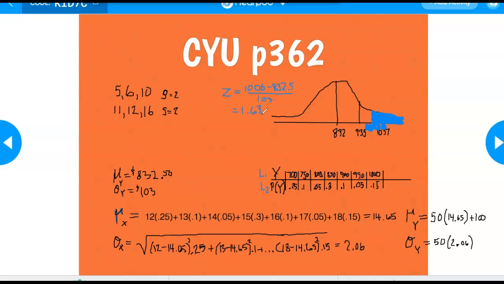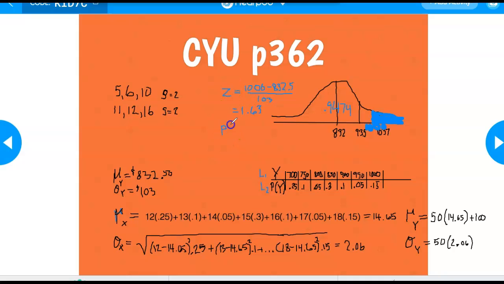So we have to go to the very, very back of the book. I bookmarked it with a piece of paper in the back of my book. Z equals 1.63. Table 2, table A. 1.62 is 0.9474. So this area to the left is 0.9474. That is not the answer because the question is, find the probability